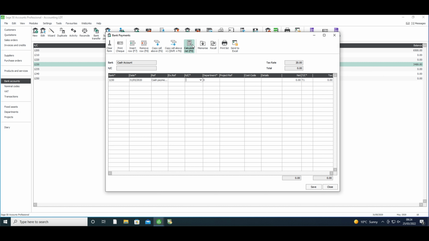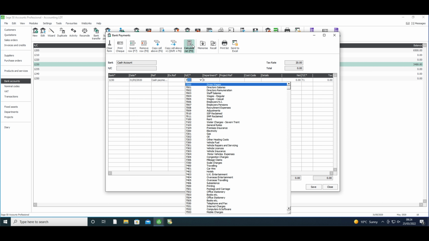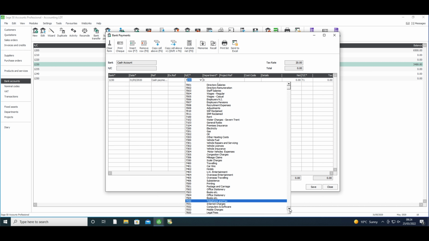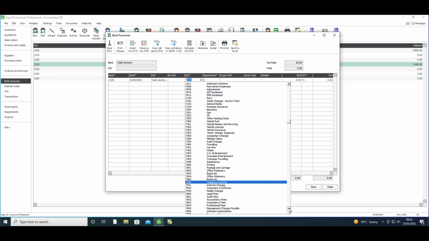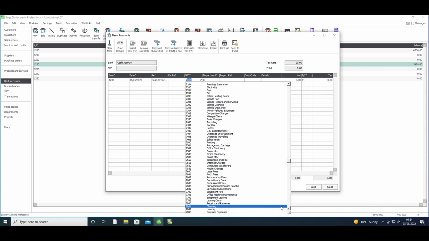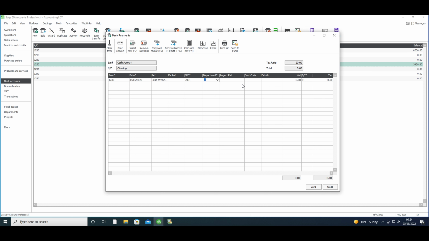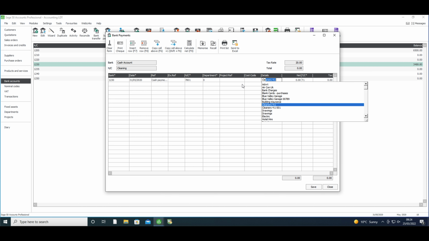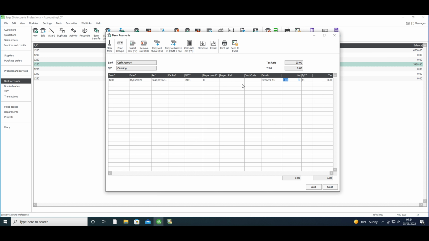The nominal code for this transaction is cleaning, because we're paying cleaners for you. So you need to use your common sense here and figure out what the nominal code would be based on the name of the supplier. In the details, we'll put the name of the supplier, and in the amount, we'll put £150, no VAT. So we need to tab this transaction and move on to the second one,